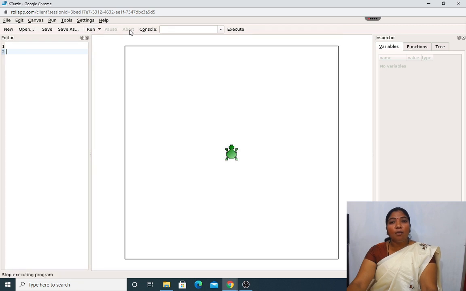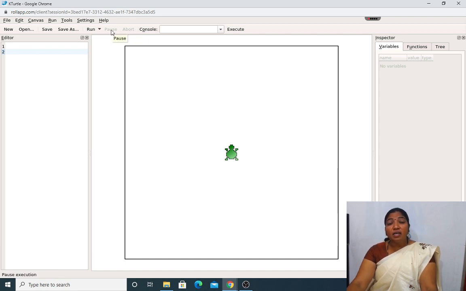The next one is abort, but here the abort and the pause are not activated. As soon as I take the cursor to that toolbar, it will show abort. What is the main purpose of that? Here the execution will be stopped. By clicking on abort, the execution of the program stops permanently. Are you getting the difference between pause and abort, my dear students?